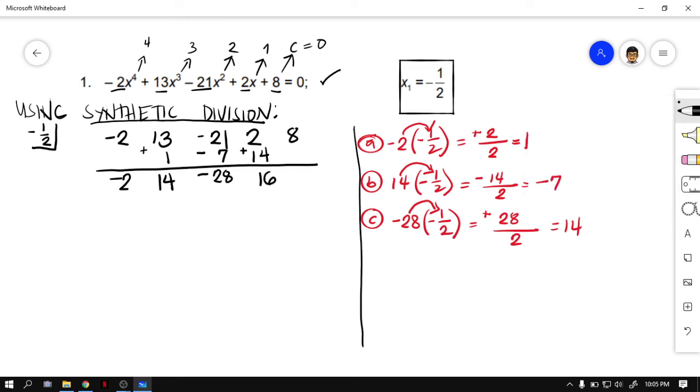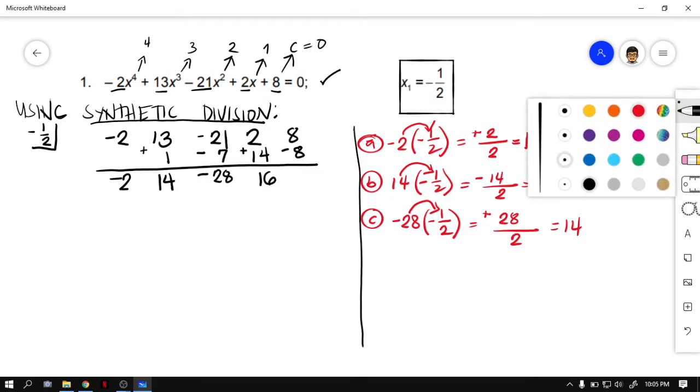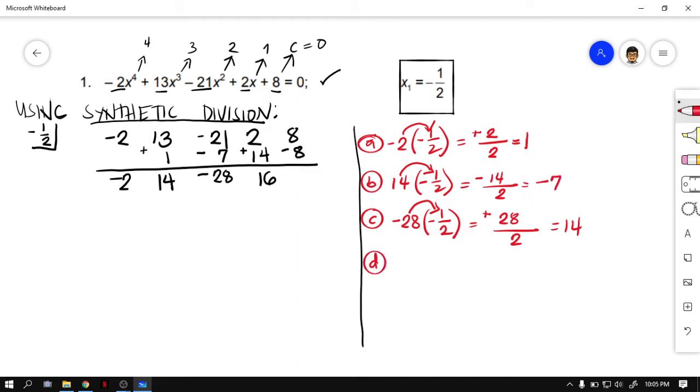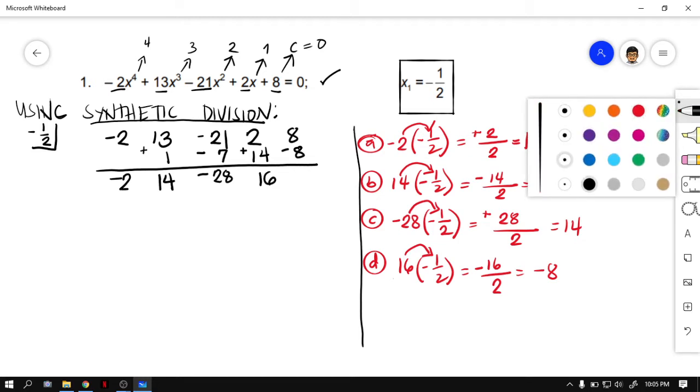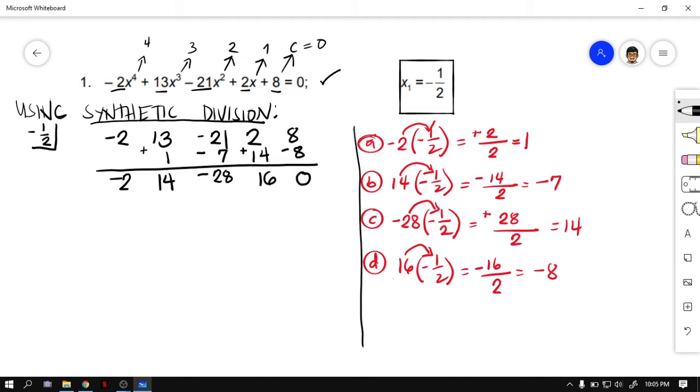Next, 16. Positive times negative, negative. 16 times 1, 16 divided by 2 is 8. Paano nakuha yung 8? 16 times negative 1/2. Positive times negative, negative. 16 times 1, 16 over, copy the denominator. Negative, 16 divided by 2 is 8. So, doon nakuha yung negative 8. Now, next, a positive 8 and a negative 8 is 0. Tama? Since the remainder is 0,